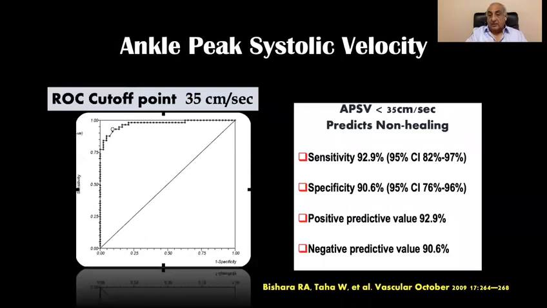We have created our own parameter, which is derived from duplex, that is the ankle peak systolic velocity. And we have shown that with an ankle peak systolic velocity of 35 centimeters per second or below, it's very unlikely for diabetic